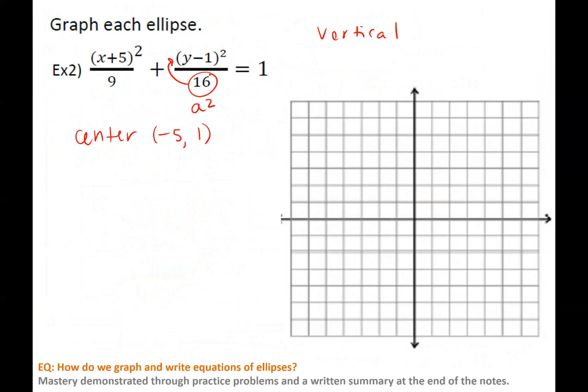So on my graph, -1, 2, 3, 4, 5. Maybe I lost count. 3, 4, 5, 1. And then my a squared in this case is 16, which means a is going to be 4. For this problem, since the a squared is underneath y, it's going to go vertical. So I'm going to go up 4 and down 4. Then I need b squared to go in the non-dominant direction. And so